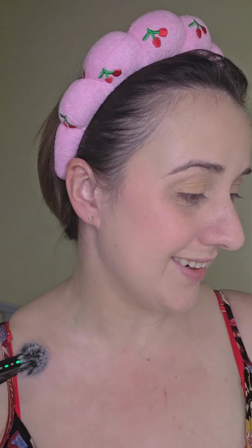this honestly 100% lives up to its name. You can sweat all day in this heat and it does not budge. Like, I love it, absolutely love it. It has become my 100% go-to setting spray in the warmer weather, and I'm not actually sure like what scent